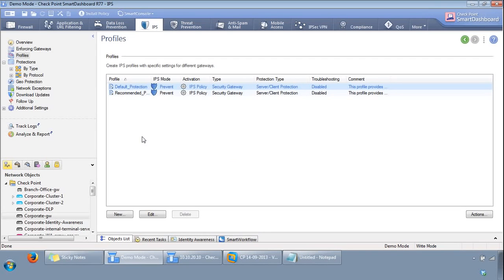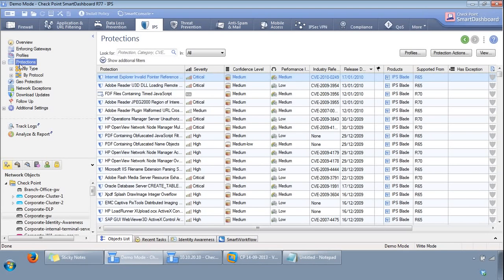Okay, let's move on to the core of the IPS solution, which is actually the protections themselves. So if we click on here, basically protections are a configurable set of rules which IPS uses to analyze network traffic and protect against threats. So what we've got here is protections can be by different types, such as if we break down the types,